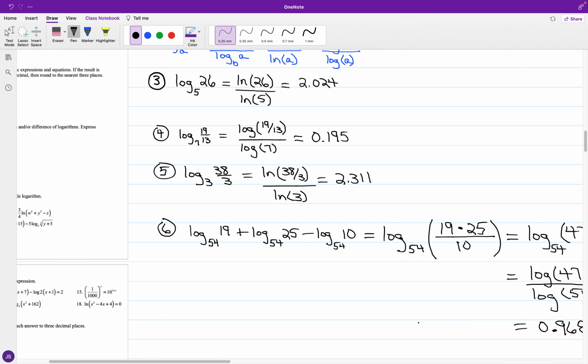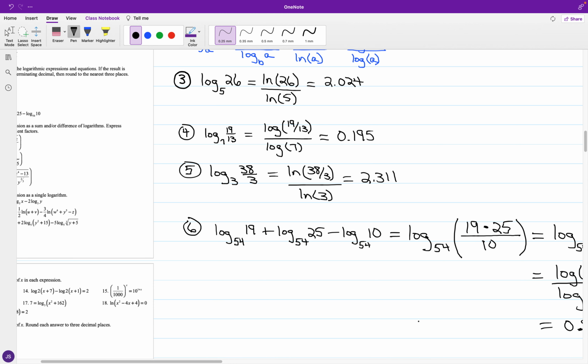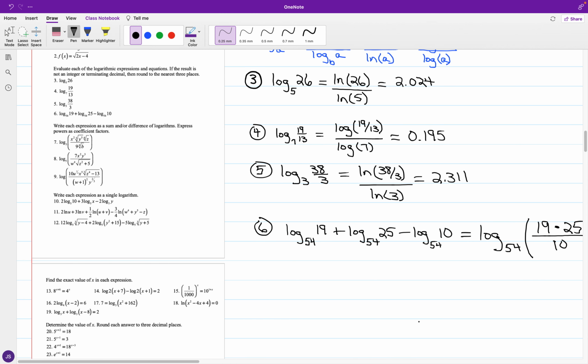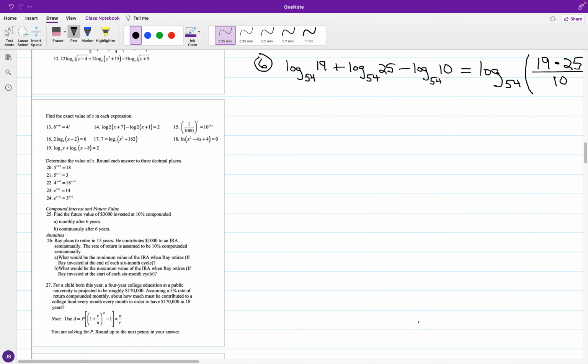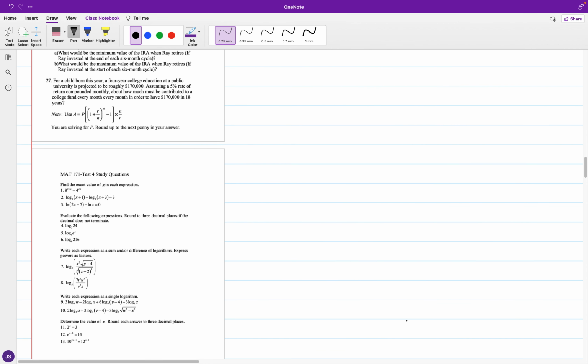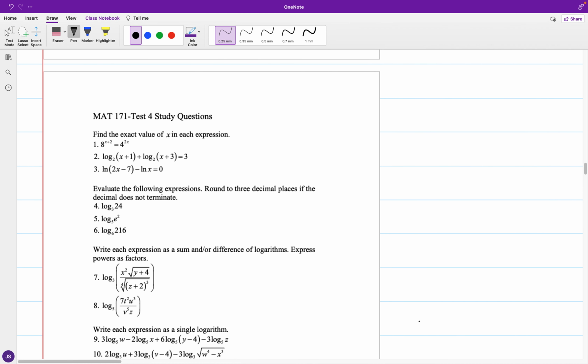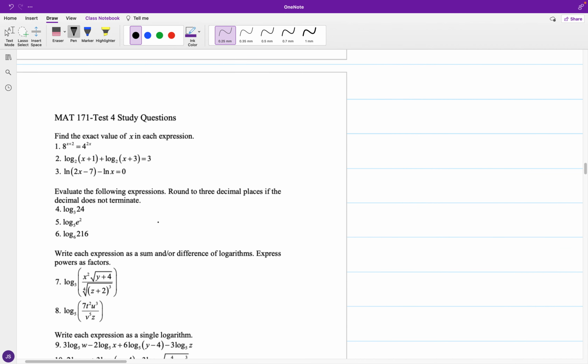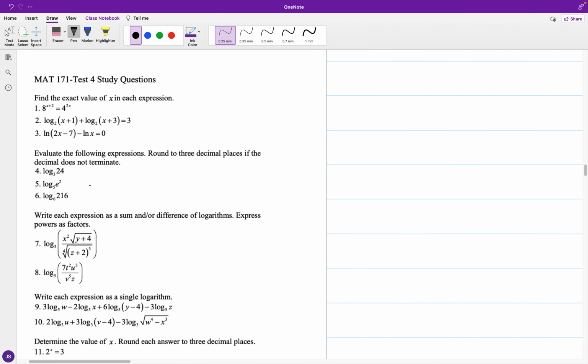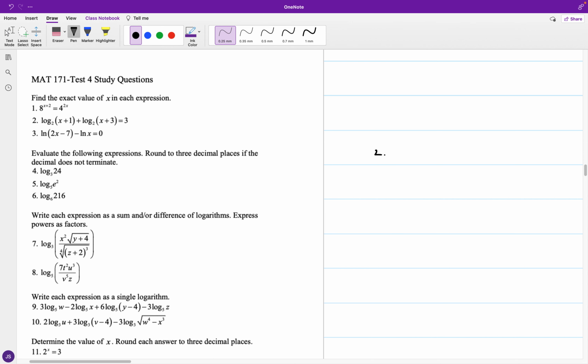All right. And so we'll look into the sum and difference exercises. I'm going to tell you what I'm going to do here is that for what we have attached, we'll go ahead and take care of the change of base formula items for the study questions part in numbers 4 through 6. Okay, there is another angle on this one. And say if we look at number 4 in this set,